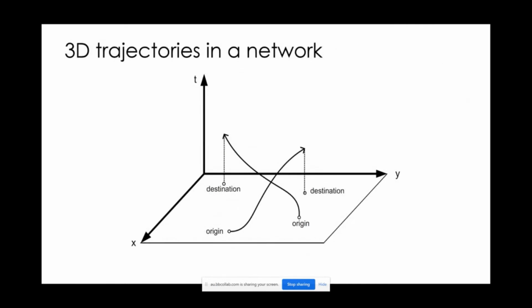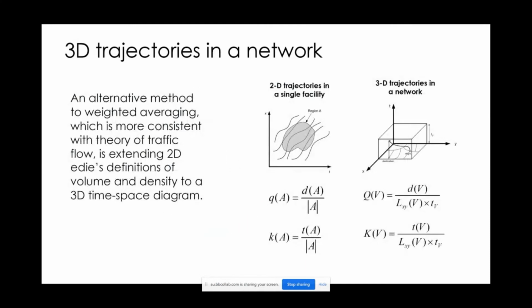There is also another way of calculating this average network-wide flow and density, and that is using the extended Edie's definitions in the 3D time and space diagram, similar to what we've done in pedestrian traffic in the last lecture. If you look at a 3D time and space diagram like what we see here, and we have trajectories going from origins to destinations, we can use that extended Edie's definition and try to calculate network-wide average flow and average density, where the only difference here with pedestrian traffic is that in pedestrian traffic, if you remember, that cubical measurement area that we were looking at,